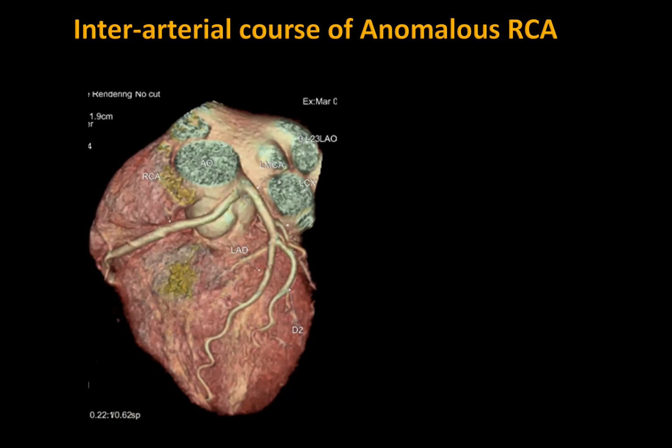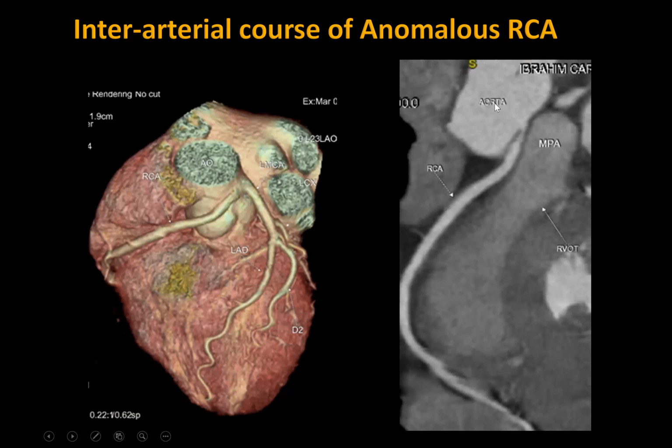Here, like the interarterial course, this is a malignant course of the coronary artery. If you look at this case, the right coronary artery arises from the left side and passes between the aorta and pulmonary artery. And we all know that interarterial course is one of the causes of sudden cardiac death in young patients during stress. If you look carefully, the origin is slit-like, and this is more dangerous because during stress, the aorta and pulmonary artery dilate, causing compression of the main vessel and producing adverse effects on the patient.